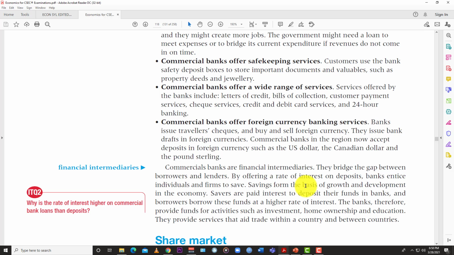Saving forms the basis of growth and development in the economy. Savers are paid interest to deposit their funds in the banks, and borrowers borrow these funds at a higher interest rate. The bank therefore provides funds for activities such as investment, home ownership, and education. They provide services that aid trade within a country and between countries. So this is just a synopsis of some of the main things that the commercial bank does